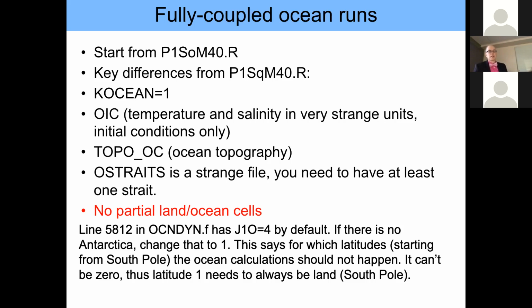We have a little note here about line 5812 and OCDYN. I guess I should talk about this quickly. Let's say that you want to run an aquaplanet. That's a planet that's all ocean and no land at the surface. Not a water world, as exoplanet people say. The dynamic ocean model, of course, is always trying to find ways to save computational resources. So the default